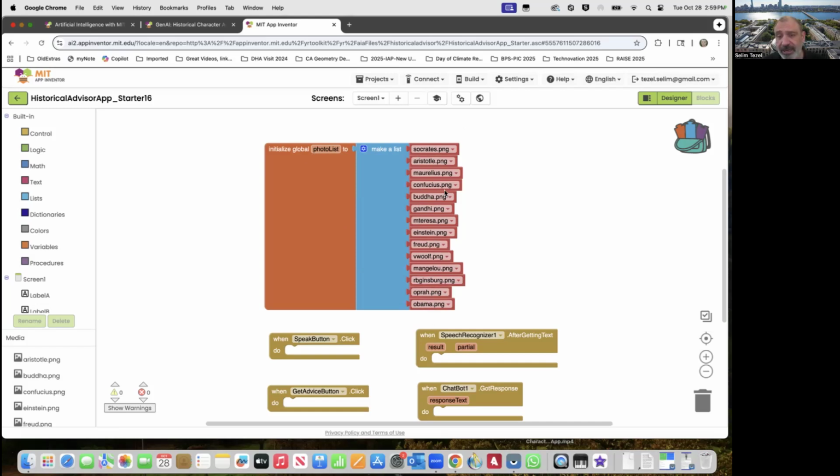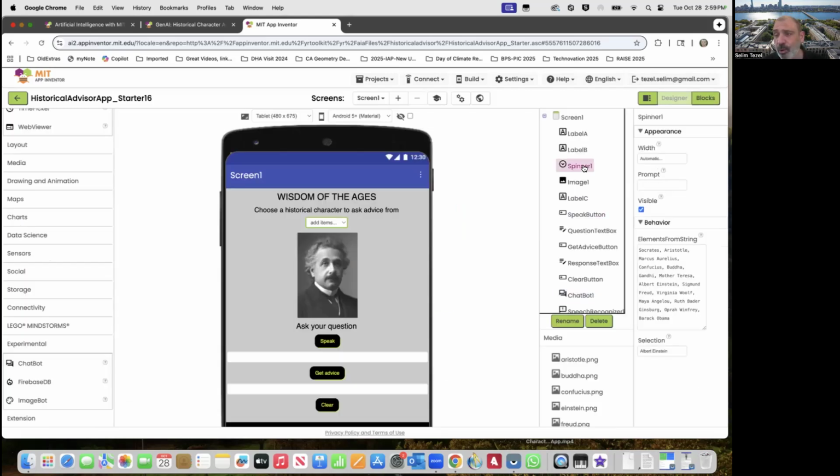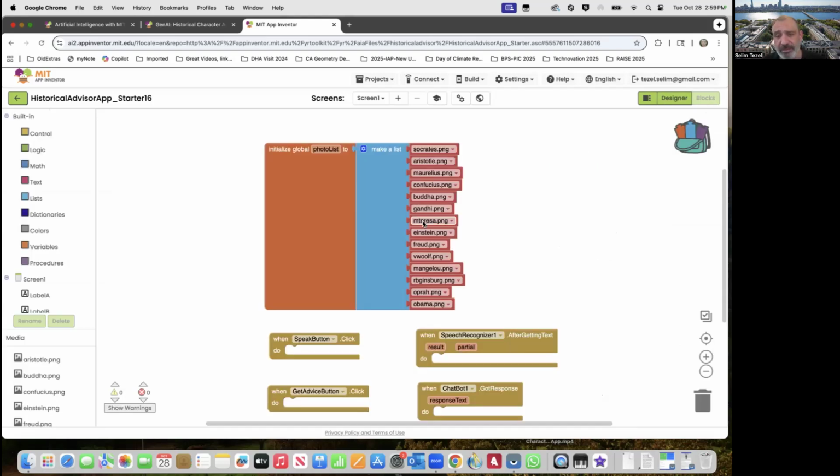This is a list of photographs that is in exactly the same order as the historical character names that the spinner has. Okay, we're going to establish a one-to-one correspondence between the names of these characters and their images. Therefore, listing them in order is going to prove to be very important.